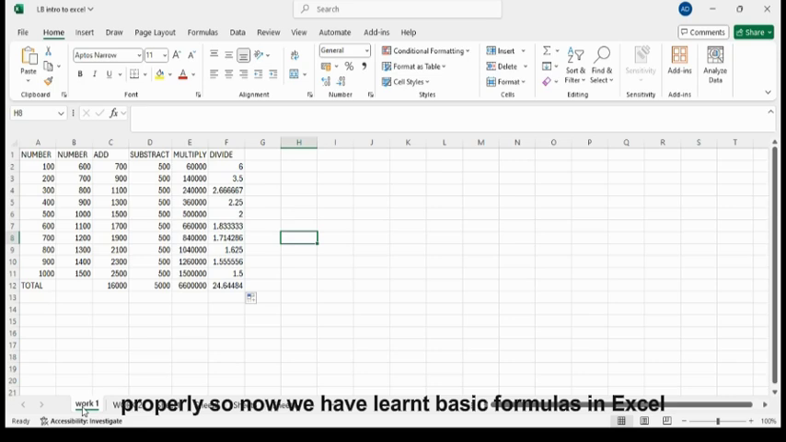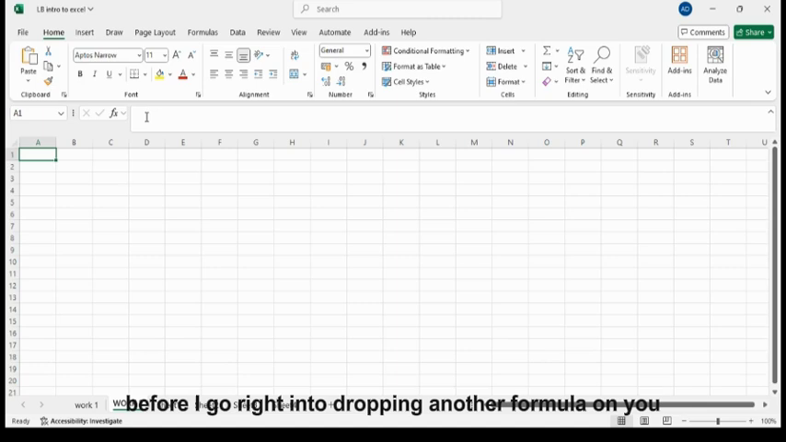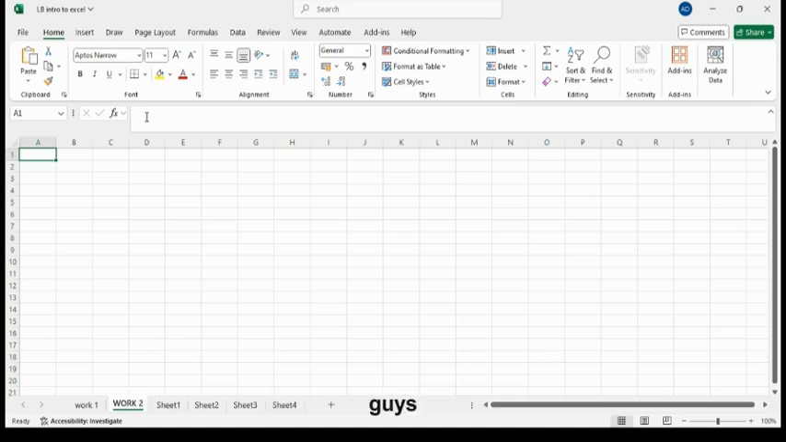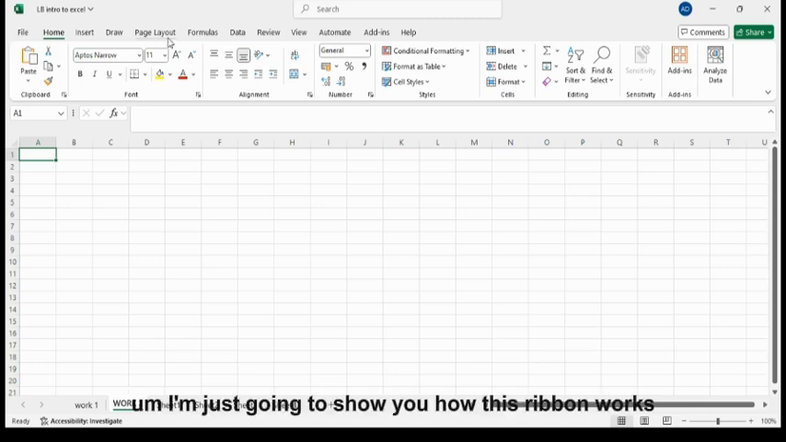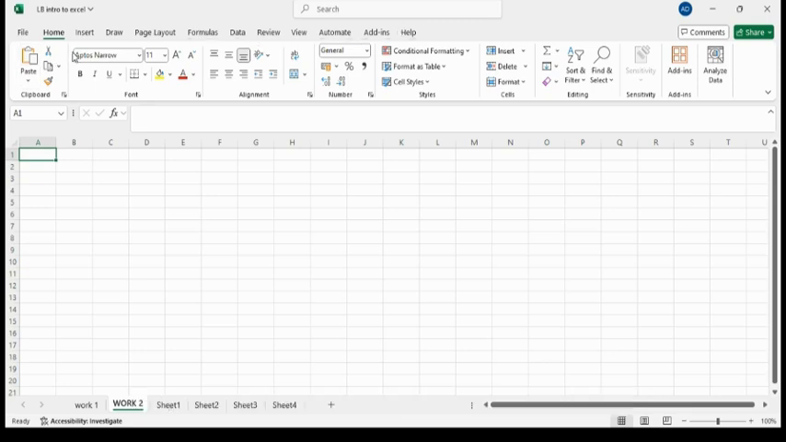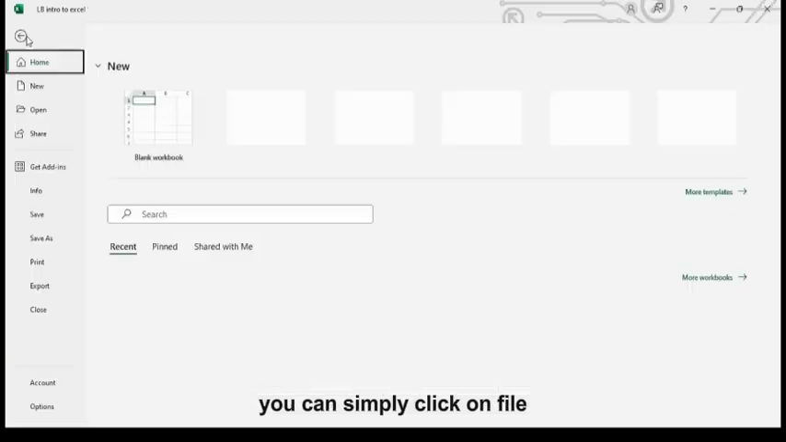So now we have learned basic formulas in Excel, how you can do the simple arithmetic, addition, subtraction, multiplication, division on your Excel sheets. And you can see how Excel was built to make life easier. Before I go right into dropping another formula on you guys, I'm just going to show you how this ribbon works. So now, if you want to save a file, you can simply click on file and then you click